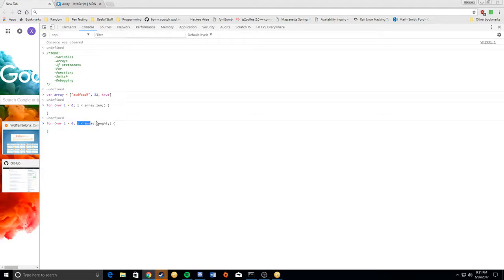So if this is true, then continue on. And then this last piece is what to do once the code executes. What to increase the variable i by. So we're just going to do i++, which means increment by 1. And now we can easily just do console.log array at index i. And that will